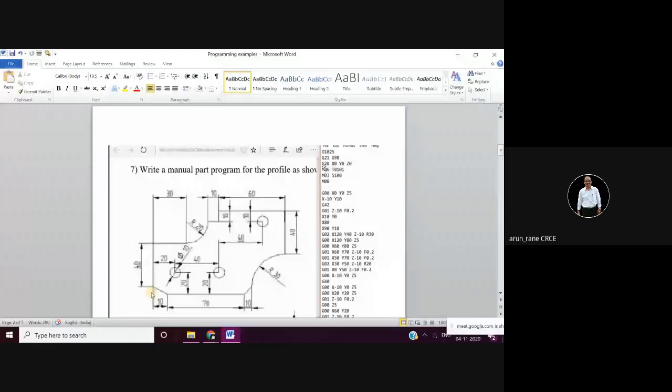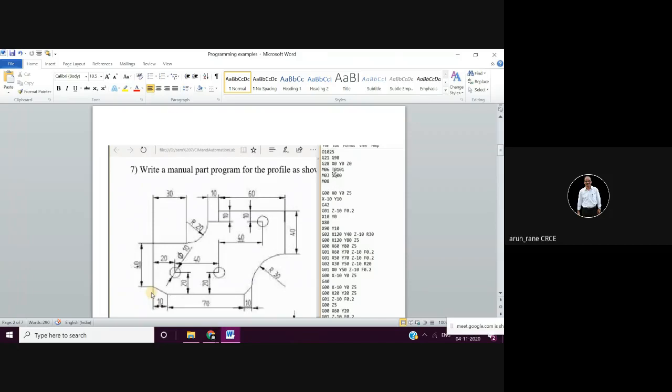So now M06 T0101. Now this is another style of giving the offset. M06 means tool change, which will happen at a reference point, for tool number 1, and it will take the offset from 1, that is D01. So here further you will not see D for Delhi. That has been taken care of here only. So if it is tool number 1 and 02, it means the tool number 1 tool change will happen and it will take the offset from D02.